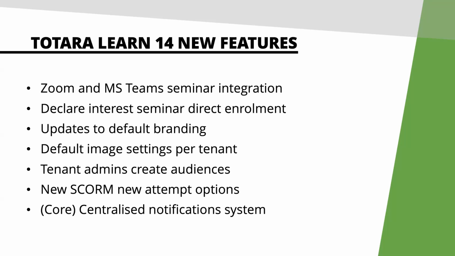There's also some updates across the SCORM activity. So that's how you would manage e-learning activities. Previously, if you wanted people to attempt an e-learning after they'd tried and maybe failed, it was a yes or no option. And now there's yes, no, or only if they've made a complete attempt. So you've got some further options in terms of engagement and re-engagement across e-learning activities.